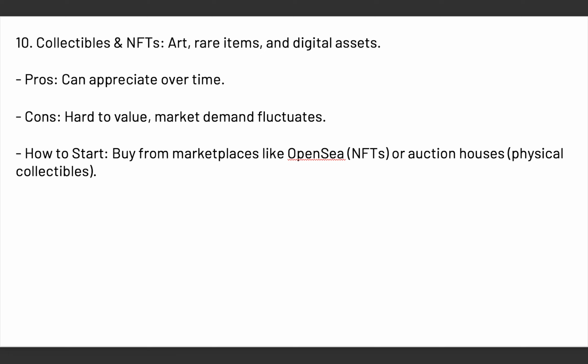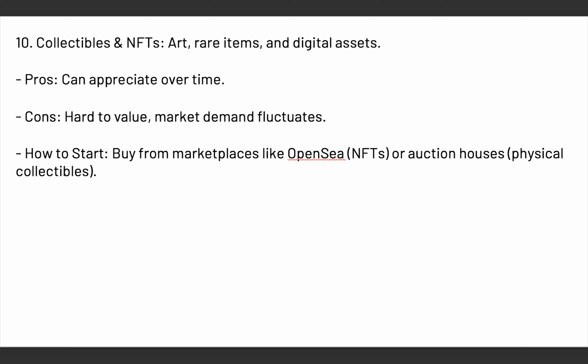And the market demand can fluctuate. So today you can hear that, oh, this art, a lot of people are buying it, a lot of people are demanding for it. And when you buy it, the next day, you see that nobody wants to buy it from you anymore. So you just have to hold it till when you see someone that will buy it. So market demand can fluctuate.